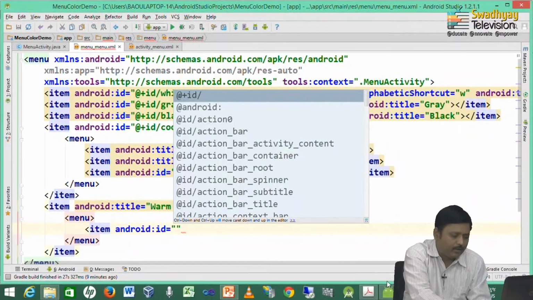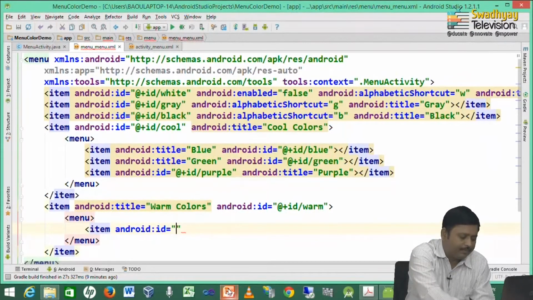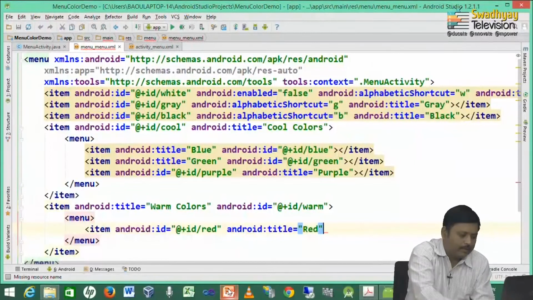So, here is the list of warm colors which is orange, red and yellow. So, here I write down red and title red.